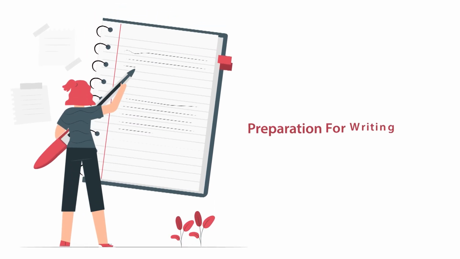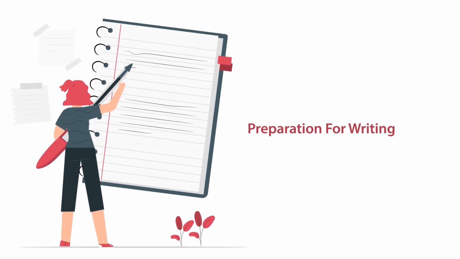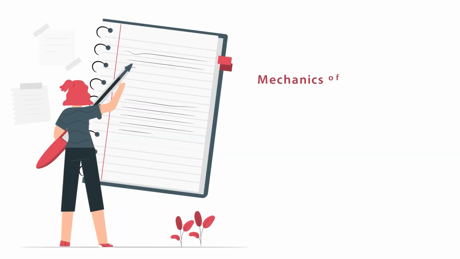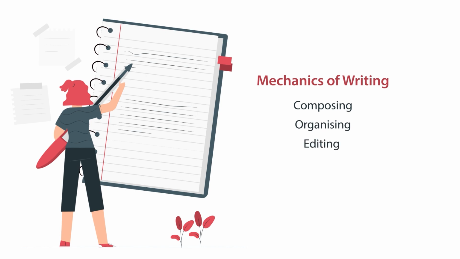So let's move on today to the idea of how does one prepare for writing. Once you've got the idea, you've got a theme, how do we actually write it out? What are the mechanics of writing? We all know that we've learned it right from the time that we began writing essays, but it's worth it to go back and look at it. We talk of composing. Sometimes you just write the idea as it comes to you and you finish, let it work its course, but then you have to organize and edit. Any good piece of writing is never complete without organization and editing.